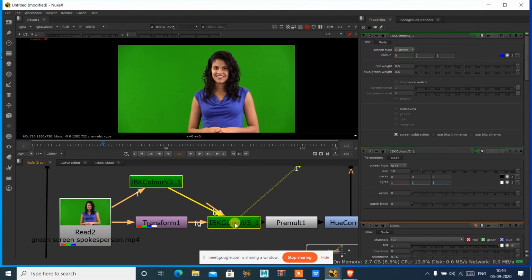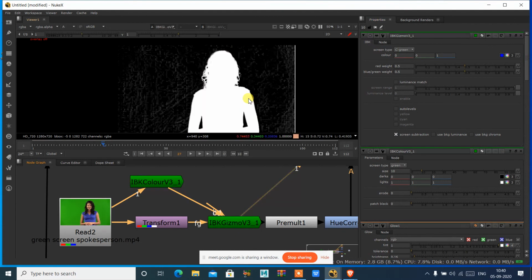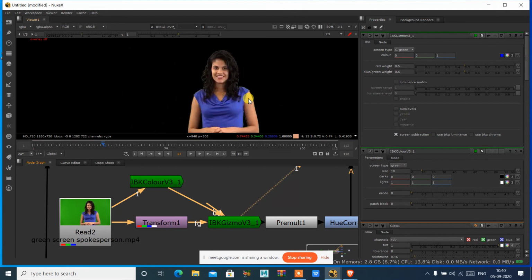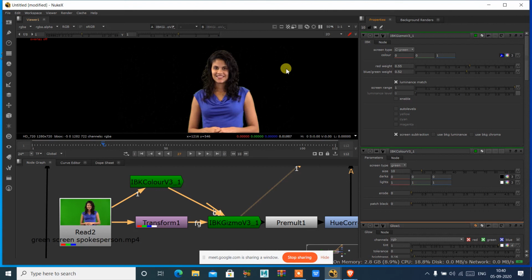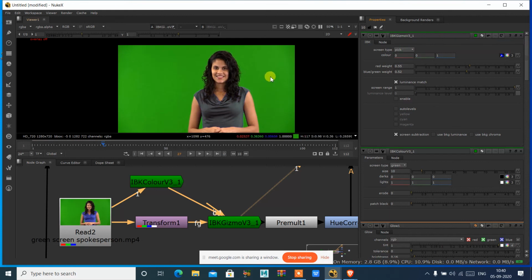Now if I select this, press 1, we can see that it is going to remove the green screen for me. Okay, so now if you want to adjust this, we can adjust this luminance match. So how much we can do it over here. Okay, so it has removed, or you can also pick the color from this. So if I just want to pick, yeah, this color picker also.